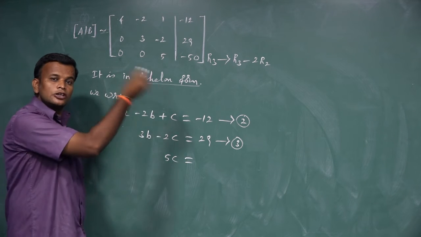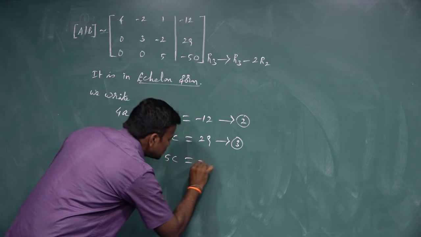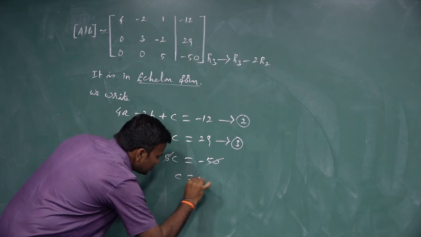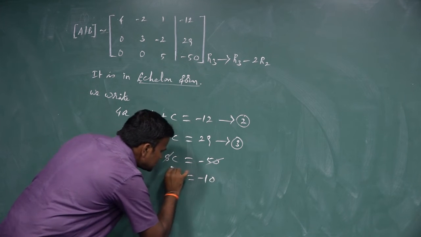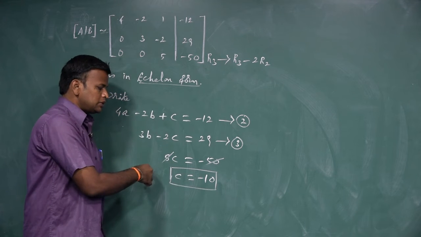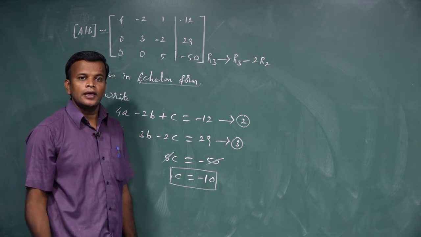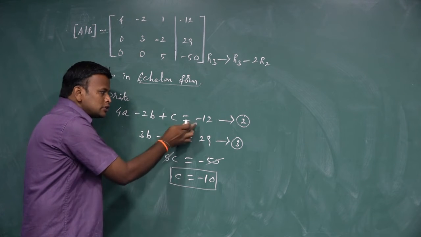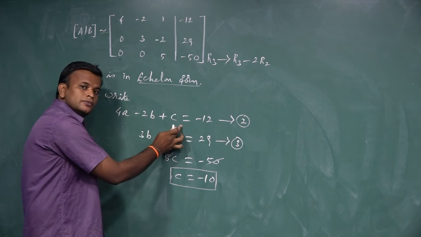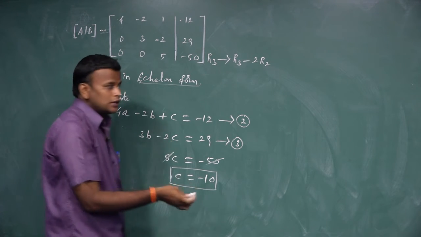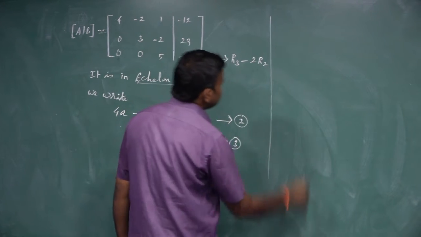Is equal to, whose corresponding element in RHS is minus 50. We cancel in the 50 table. The value of C is minus 10. Now we use the value of C in equation 3, because equation 2 contains 3 unknowns, while equation 3 contains 2 unknowns. So the third equation becomes